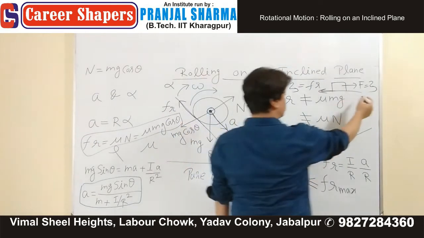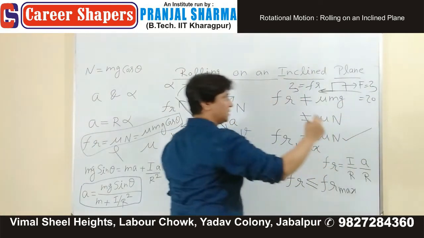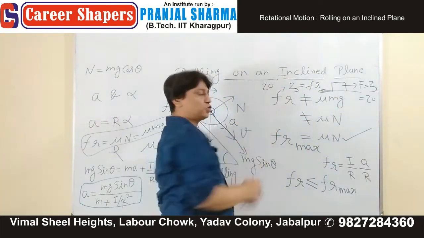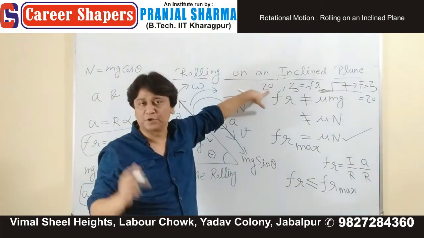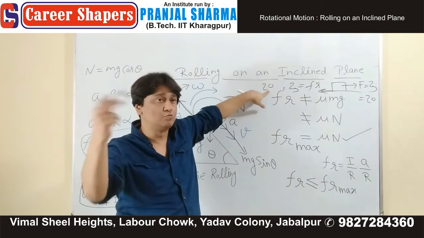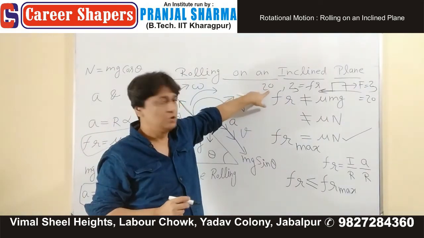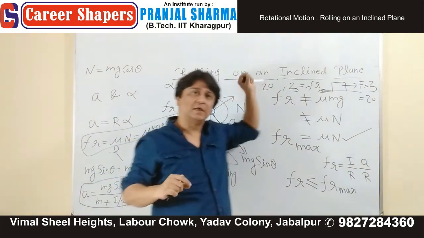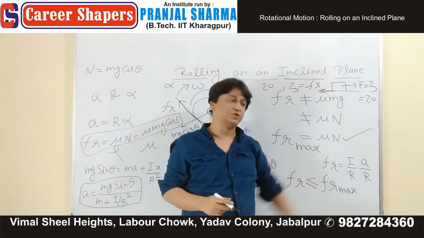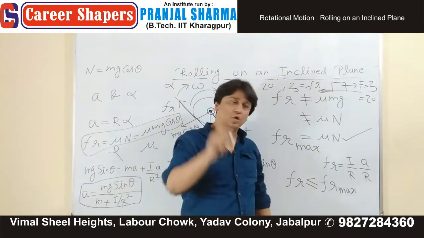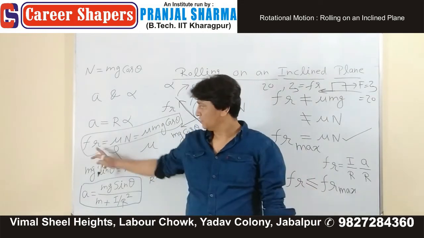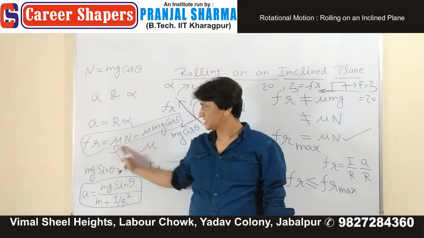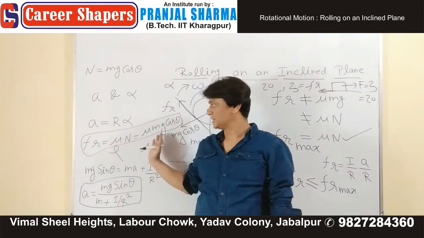When this force becomes 20, Fr will also become 20. This is the critical point which was called ATM, about to move. So when you have ATM, about to move type of situation, then only Fr becomes what? Fr maximum. Then only Fr becomes Fr maximum, which is mu n, which in this case is mu mg cos